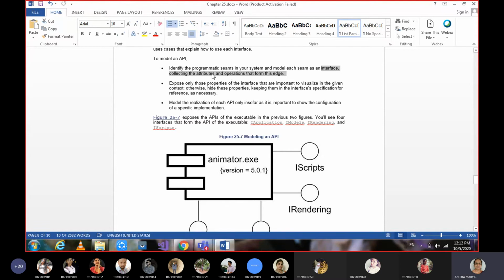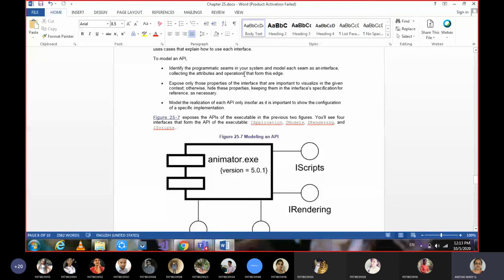Okay, attributes here, maybe sometimes you can talk in an expanded form about an attribute when you want to show some properties, if they exist. Mostly we don't talk about attributes of an interface, but in a specific scenario, if at all you want to show what the properties are, then we can give them. But always every interface will have an operation.